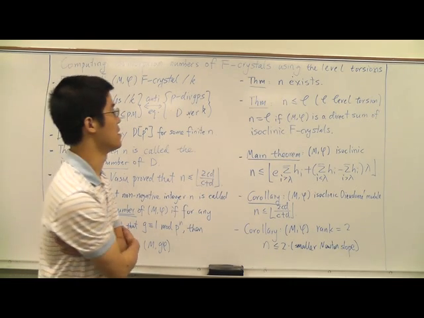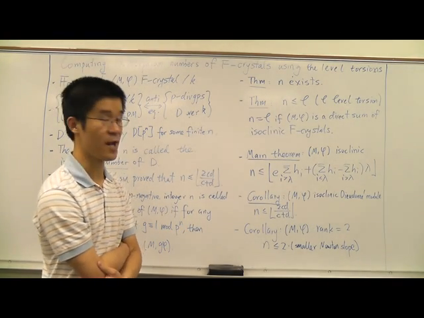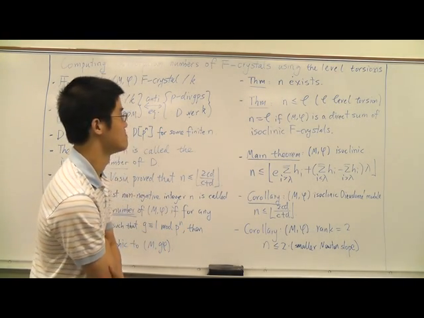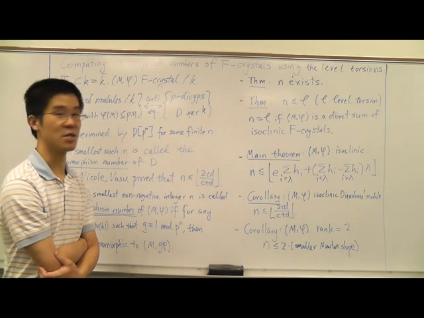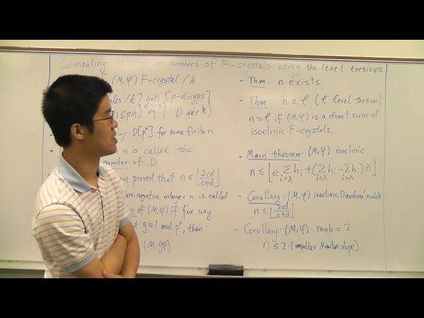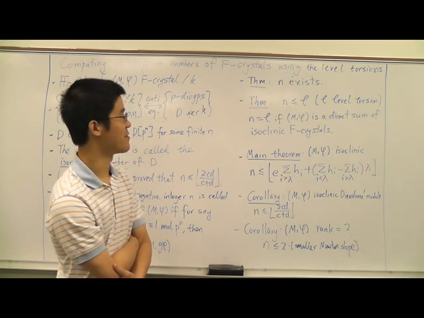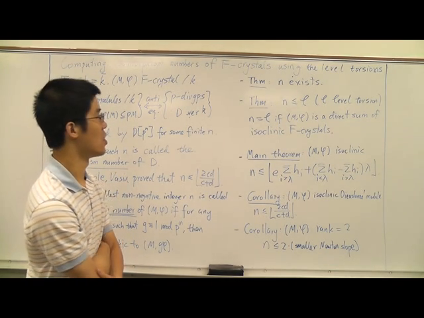But in fact, a non-trivial theorem by Varsil says that this n has to exist for any arbitrary M phi. So the question now is, how do we calculate such n? In another paper of Xiao, he developed a very technical invariant of the F crystal called the level torsion,